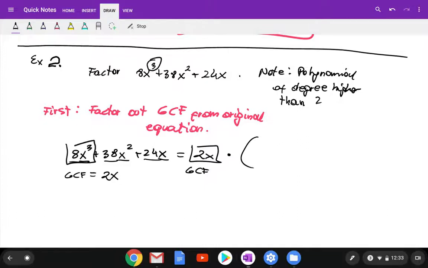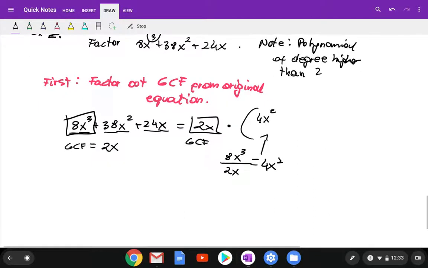So take your first expression, which is 8x to the third power divided by GCF. So 8 divided by 2 will give you 4. X to the third power divided by x is x squared. And that goes right here. So we have 4x squared. Okay, next, take the second expression,